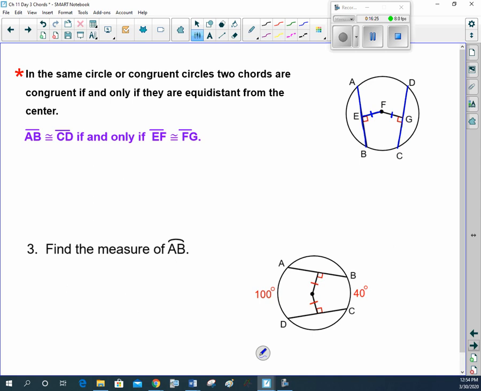So if we mark that, I guess I didn't mark that. So if we mark those two congruent, then that's what it's saying. Those two are going to be equal. So in the same circle or congruent circles, two chords are congruent if and only if they are equidistant from